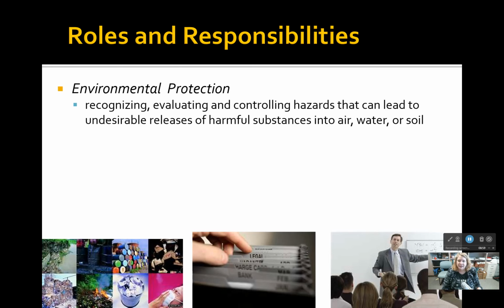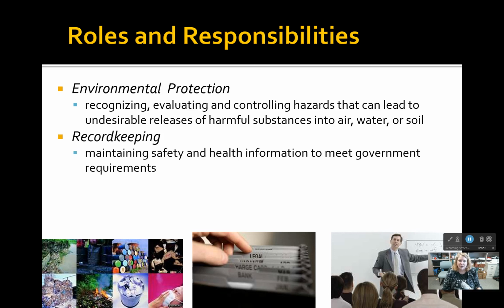Environmental protection, as I said, a lot of times it's environmental, safety, and health. Those three things are put together, so some of those can be in that job that you're looking for. Even if you're just called a safety professional, that may be part of your job, and it's just looking at the air, land, and water, that type of thing. Record keeping, maintaining the information. If you're an HR professional, this may be part of your job, with regard to maintaining those OSHA logs and that type of thing. We'll get into those later. How long to keep that information, where to keep that information, all of that.